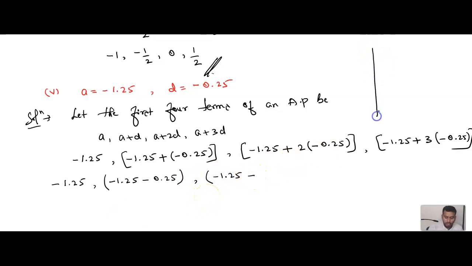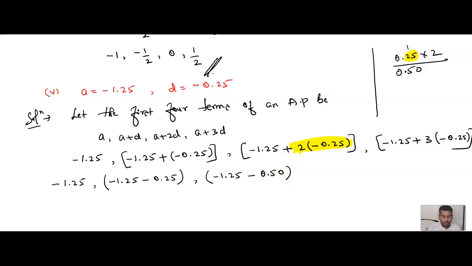See children, whenever you get any calculation, put one working column, do the calculation in the same page, but try to do in pencil. Now plus into minus, we are multiplying this both, right? 2 into minus 0.25, correct? No, that is 0.25 into 2. 2 5s are 10, 2 2s are 4, 4 plus 1 is 5, 2 0s are 0. Here after 2 digits we have a point, no? So here also we have to keep before 2 digits point, that is 0.50. Correct, no children?